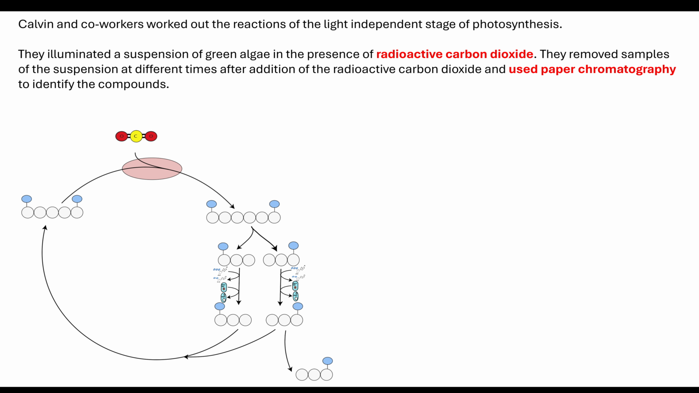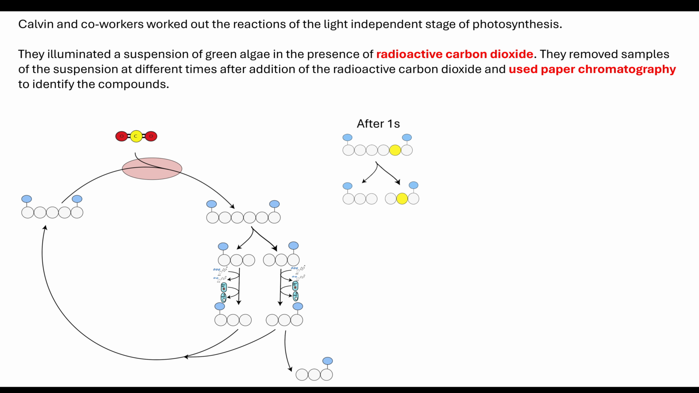What they did is they removed samples of the suspension at different times after they had added this radioactive carbon dioxide. Now we know in the light dependent reaction that we're going to produce our ATP and our reduced NADP. We know that in our light independent reaction, first of all, we need to fix carbon dioxide to RUBP. Well, what they did is they realized this by, after 1 second, after they'd introduced this radioactive carbon dioxide,